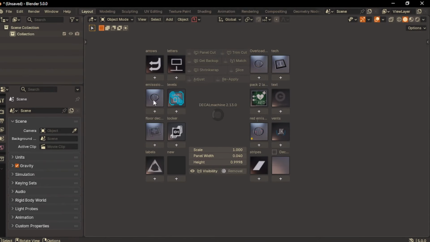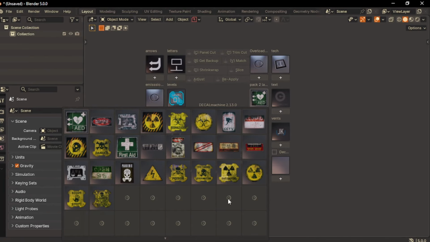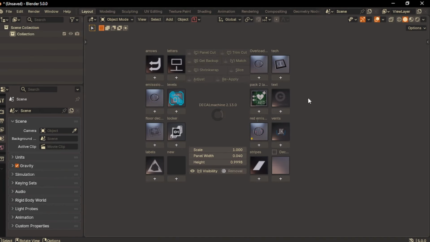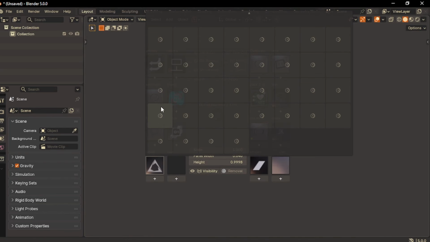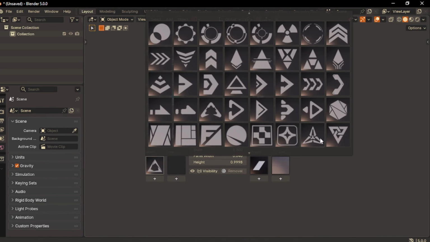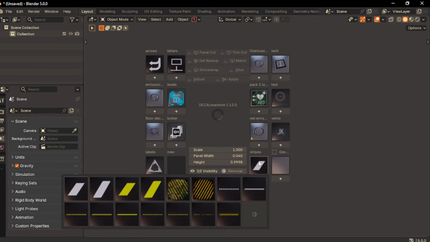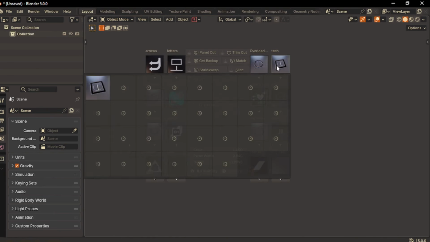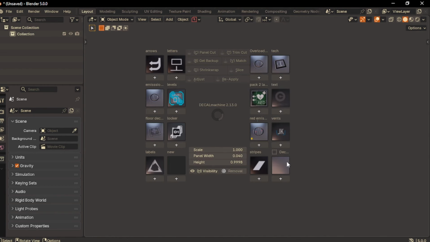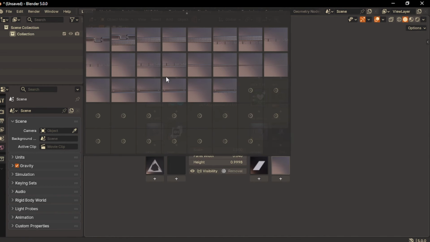Next is Decal Machine. This is a heavy tool, but extremely powerful. Think of it like a system rather than a single add-on. Once installed, you can keep expanding it by adding decal packs with virtually no limitation. Decal Machine is what takes a model from good to production level, adding realism, storytelling, and fine surface detail without